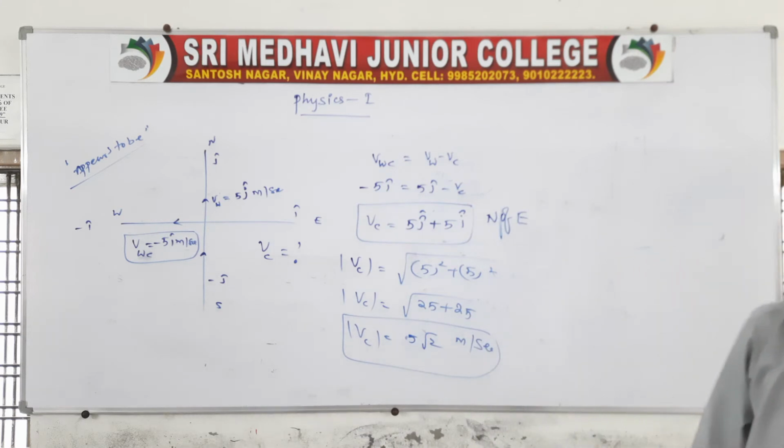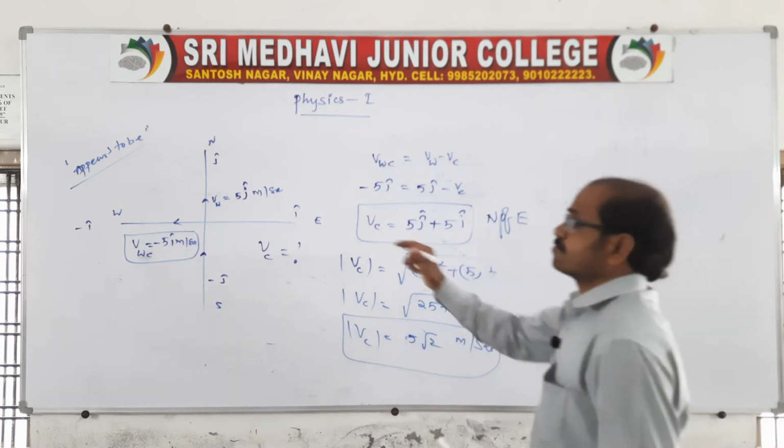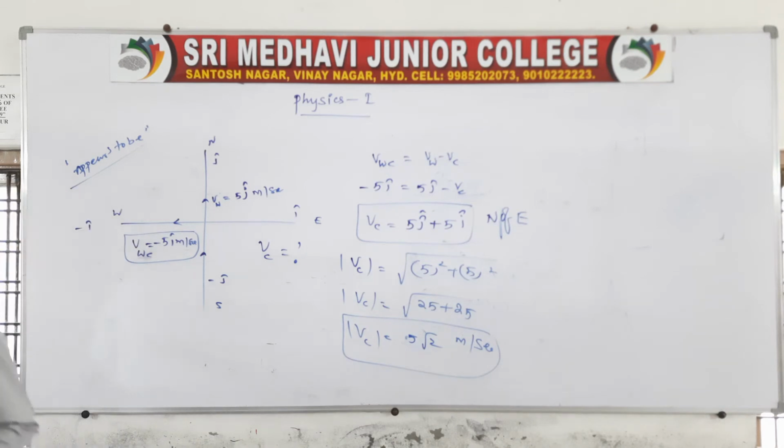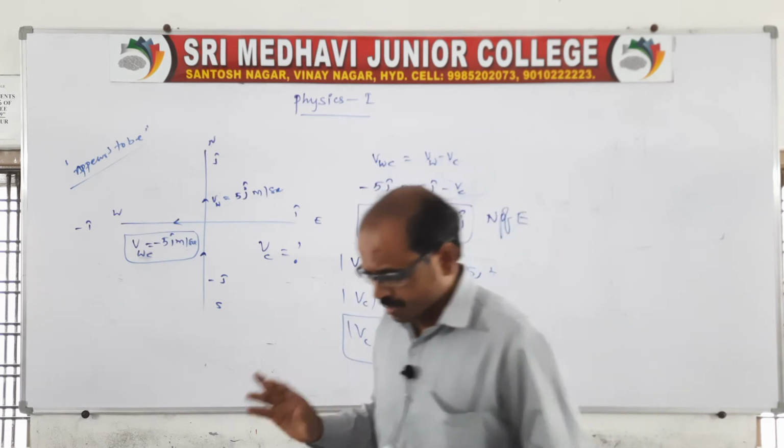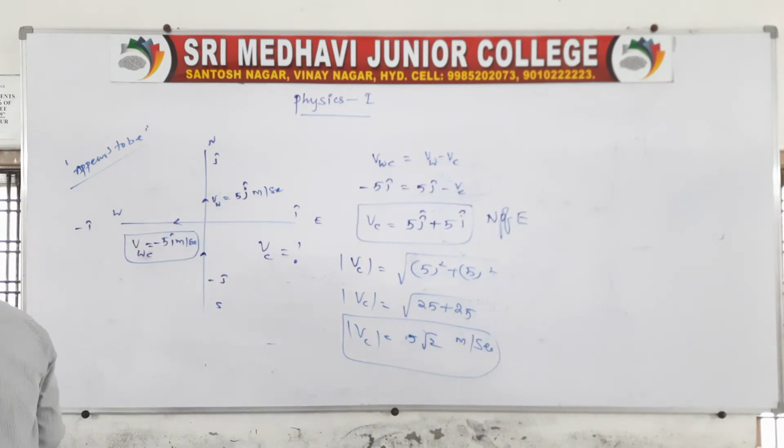So this is a relative velocity problem, and it appears to be the man. Rain appears to the man, that is also the same situation. Rain appears to the man. Based on this, let us have rain umbrella related problems. I'll tell you the concept related to the rain umbrella, which is very, very important. Clear? This is the relative velocity problem, and after this, let us go for the rain umbrella problems.